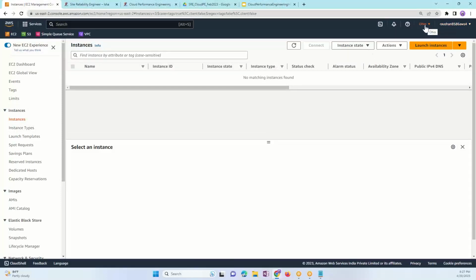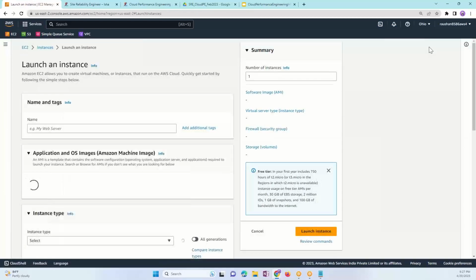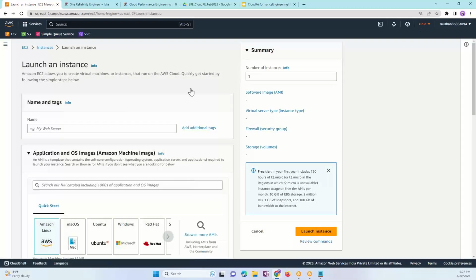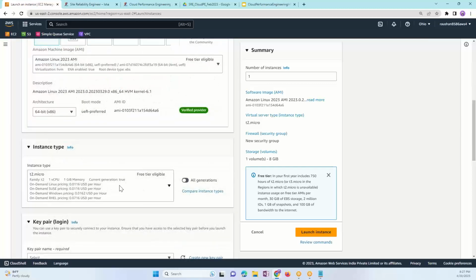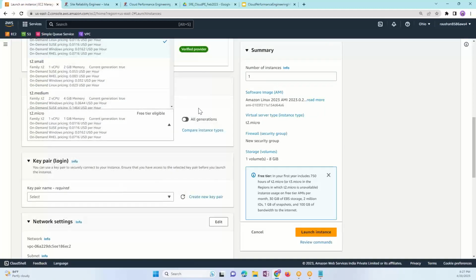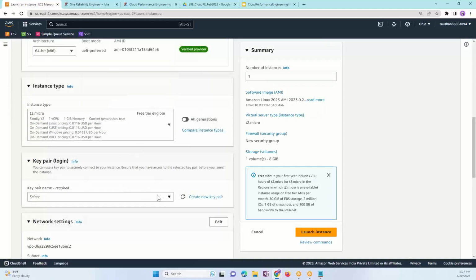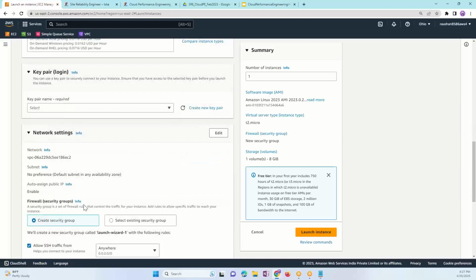I just need to select this, and I can click on instances, then launch instance. I'm going to launch a server right now in Ohio, in one of the data centers. Not just that, I can configure which operating system I want: Mac, Ubuntu, Microsoft, Red Hat. What should be the server capacity? 1 vCPU, 4 vCPU, 8 vCPU? I can configure that. I can configure all the security aspects, key pair, firewall. I can set up everything